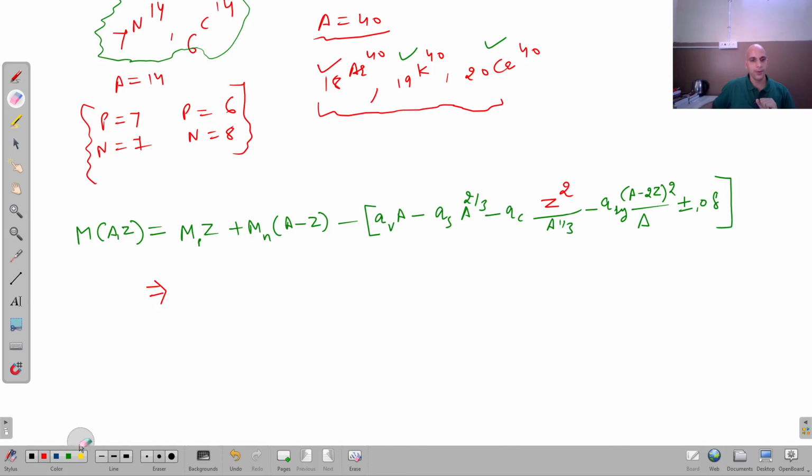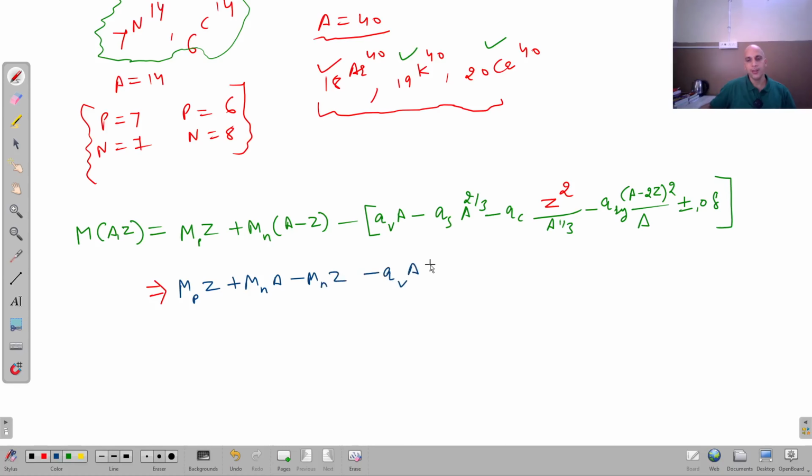You can see here, this equation will become mass of neutron multiplied by Z minus A B plus A. Let us first of all expand all the brackets, then things will become very clear. So mass of proton into Z plus mass of neutron into A minus mass of neutron into Z